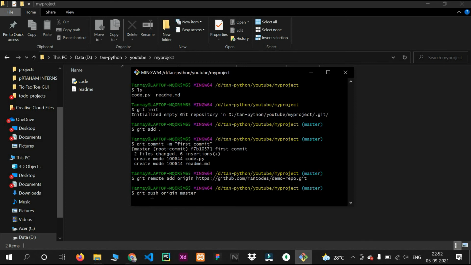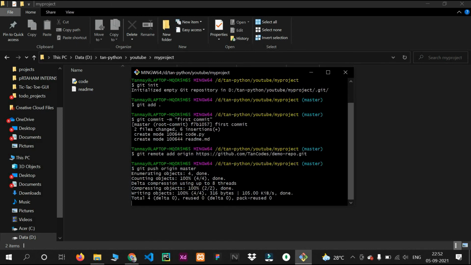After hitting this command, git push origin master, it establishes a connection with the remote repository and will upload our source code or any files to GitHub. So this is our final command. If I hit enter,